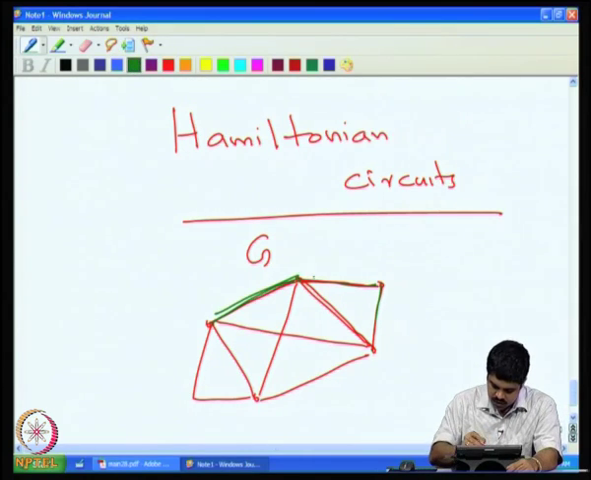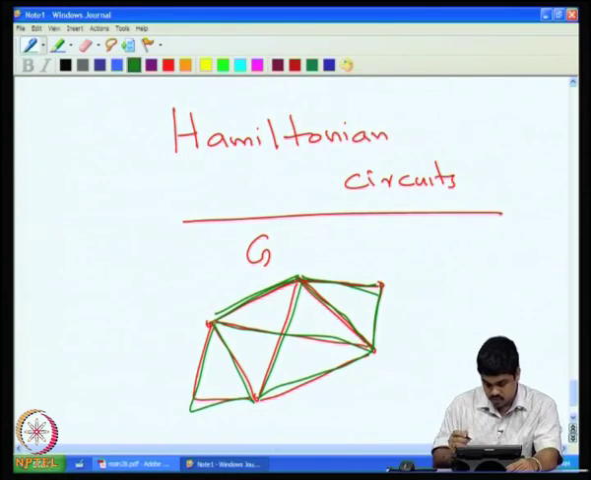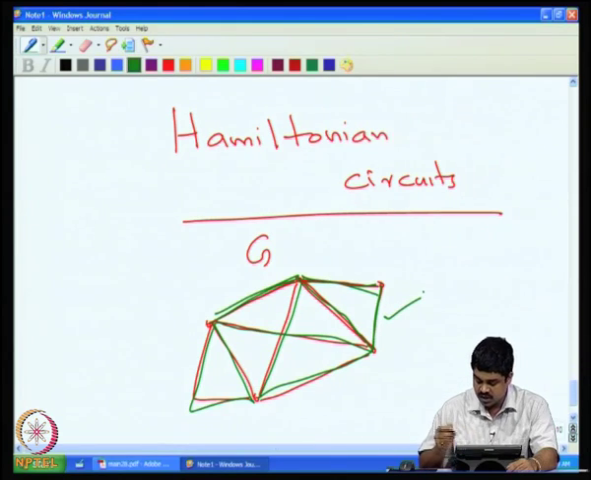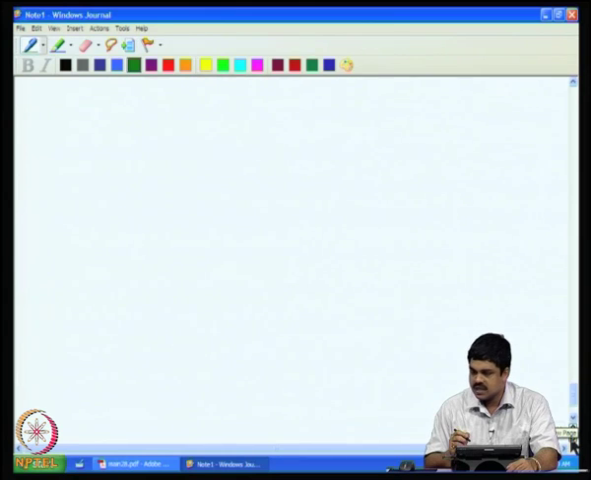So, you can go like this. So, we had studied it earlier. So, if you go like this, you have covered every edge exactly once. Now, the Hamiltonian circuit, its Hamiltonian cycle, is